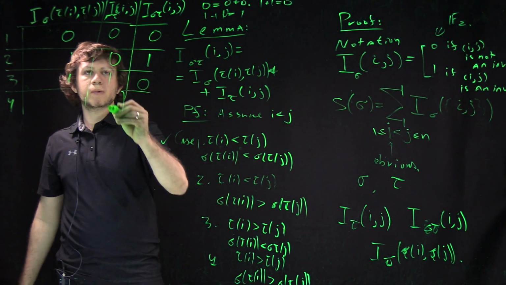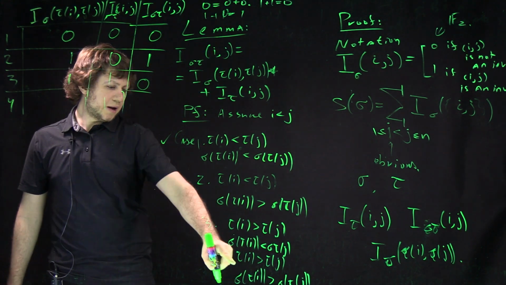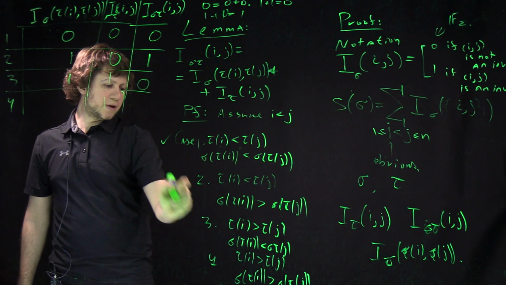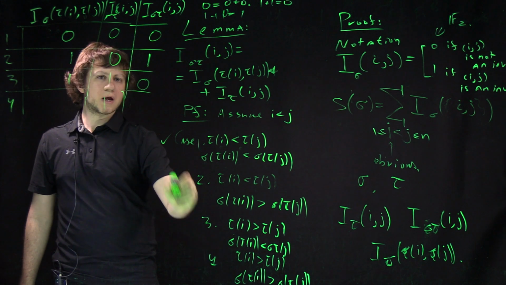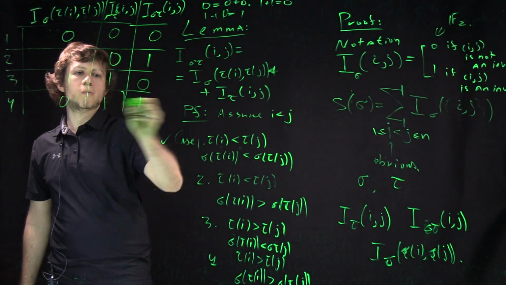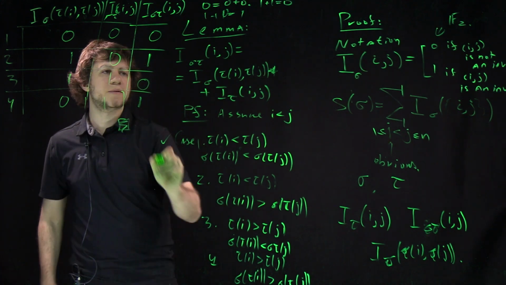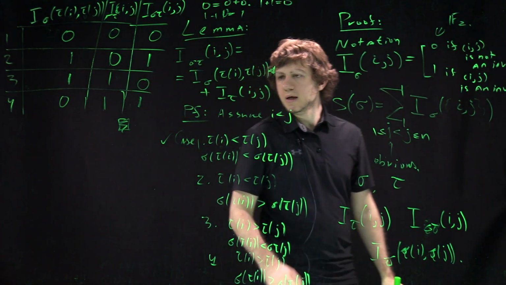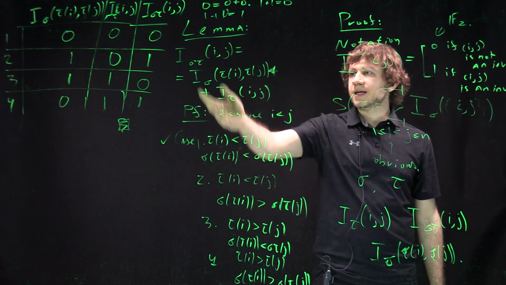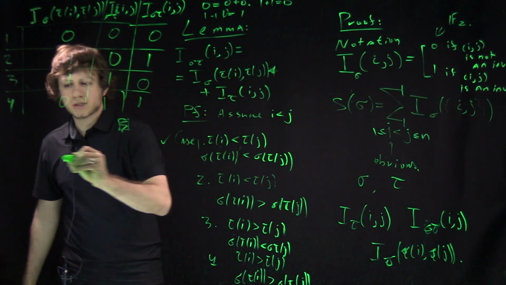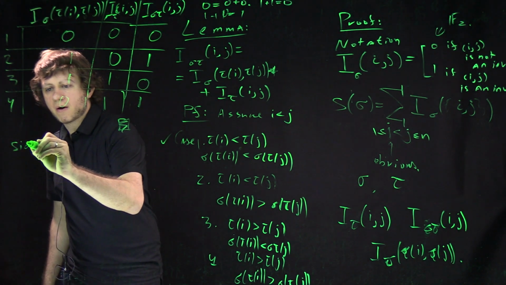So for the last one we have 1 here, we have 1 here, and 0 here, and so still the statement holds. And so this was the end of the proof of the lemma, so the lemma is proven. So just a case by case study, we see that this formula holds, and so then we can just compute the sign. So sign of sigma tau,